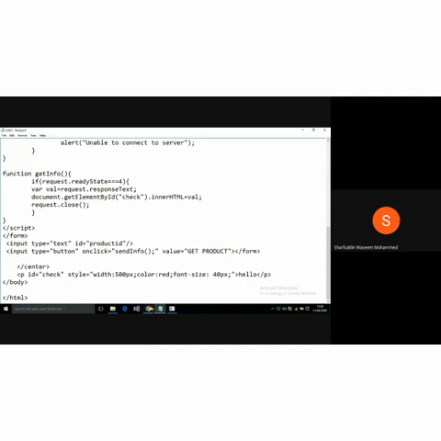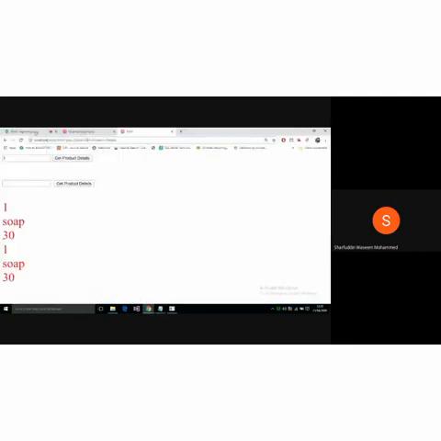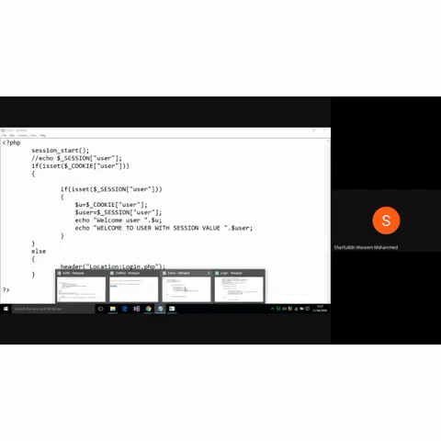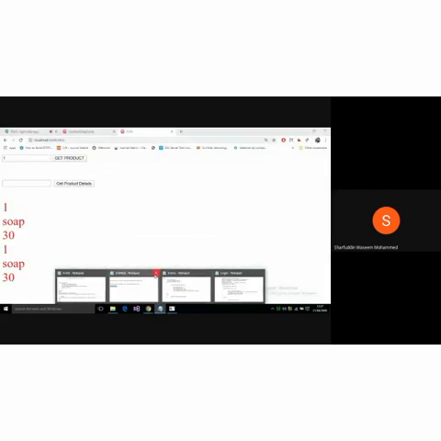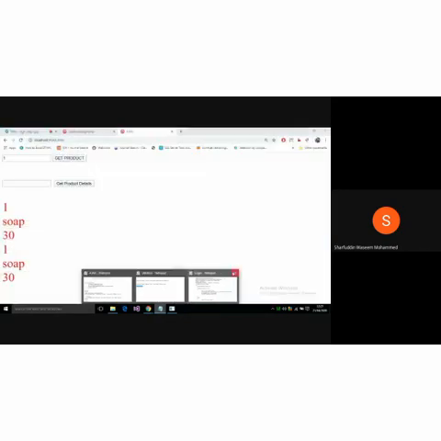Now what you need to observe here is this is an HTML page, but still it is getting connected to the database. Okay, so how is it possible? It is making asynchronous communication with that. Okay, so this get product details, from where are you getting this? I am getting from my page. I will close all this confusion.